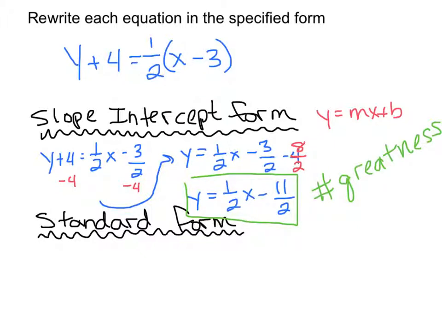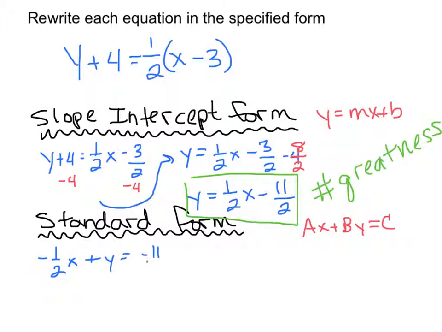Next up we have standard form, which comes in the form ax plus by equals c, where a, b, and c are not fractions or decimals. So we're going to take our function here and rewrite it so it looks something like this. We have y already over to the left, that's fine. We need to get this 1/2 x over, so I'm going to subtract it from both sides. So we're going to have -1/2 x plus y